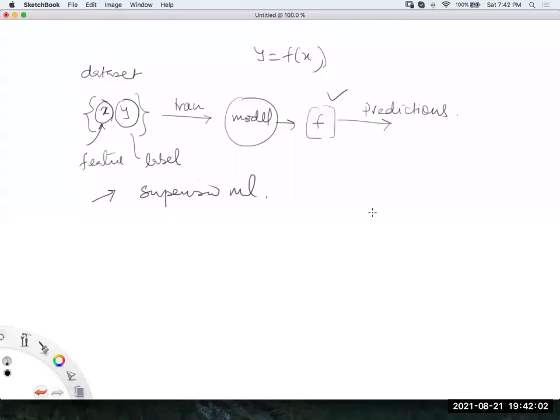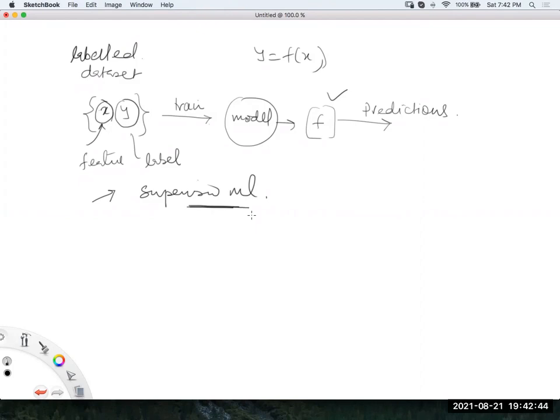It's a new term for you, supervised machine learning. What is supervised machine learning? In supervised machine learning problems, the data set contains both features and label. If the data set contains both, it is sometimes also known as a labeled data set. So if you have access to the label along with the features, then that kind of data set is known as a labeled data set, and then you are in the supervised machine learning domain.